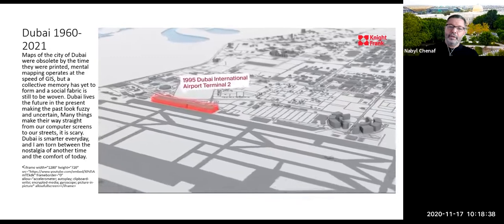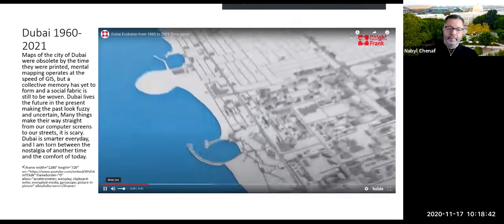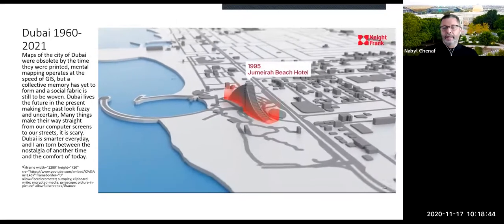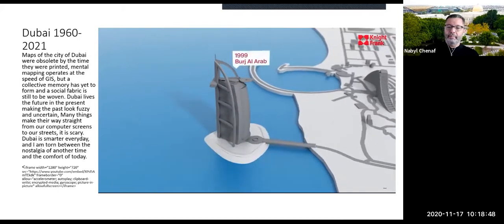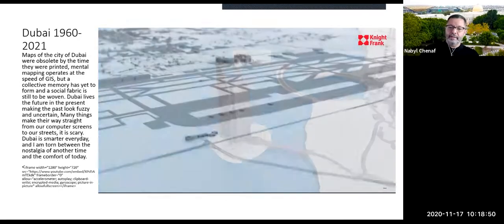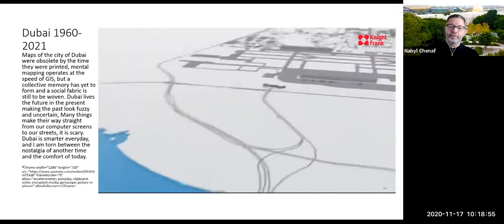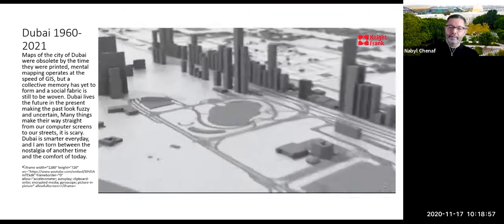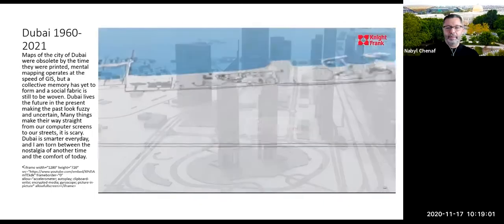I have a little story that goes with every town. I was saying that I have a little story connected with every major development in the city, and I remember one of my students was telling me that her grandfather was in a car with the late Sheikh Rashid, rahimahullah.